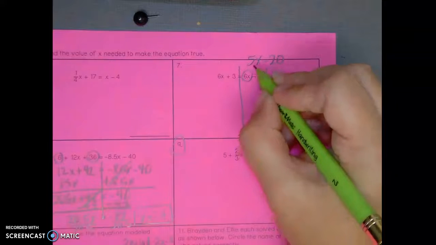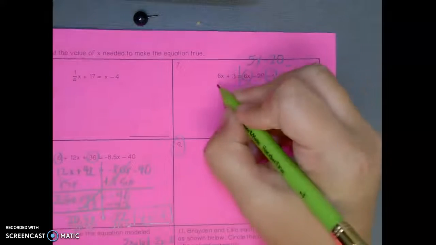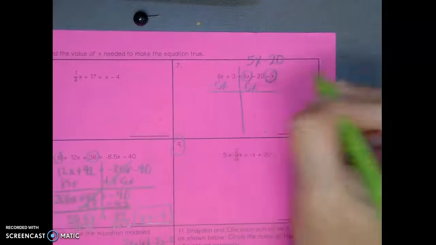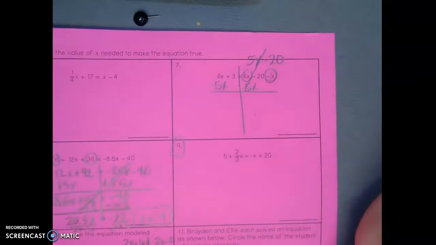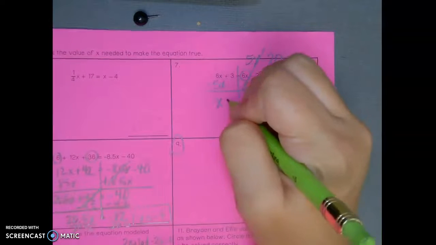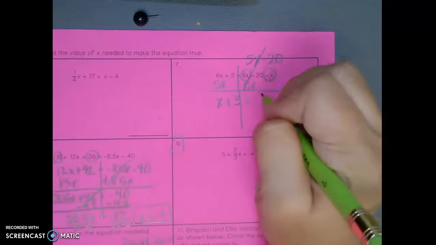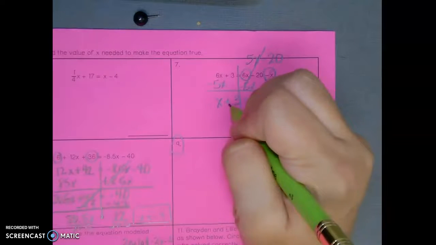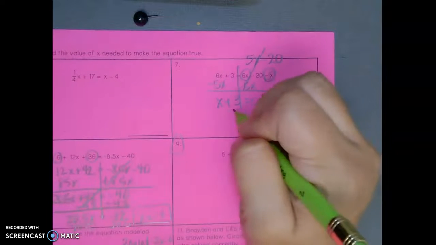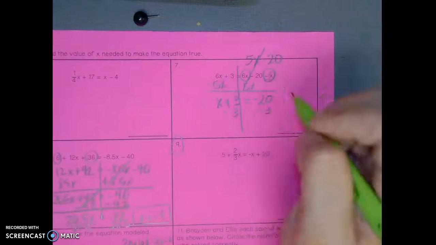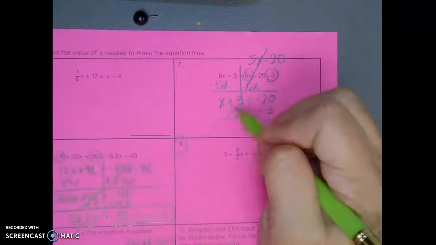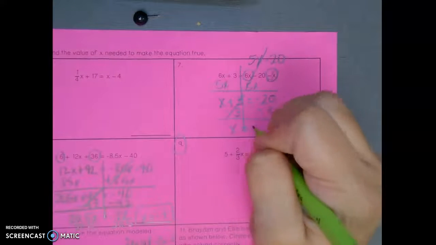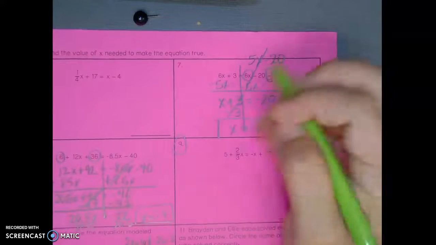So in order to get my x's on the left, I am going to subtract 5x from both sides. There's my 0 pair. That gives me x plus 3 is equal to negative 20, okay? Now I want to move the positive 3 to the other side, so I'm going to subtract 3. And then I have x is equal to negative 23,